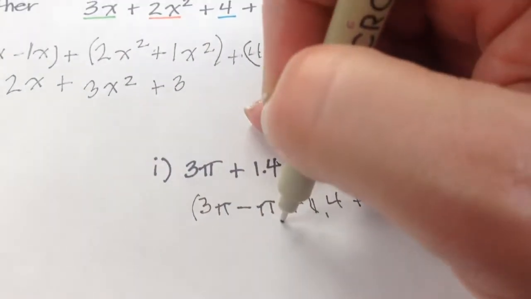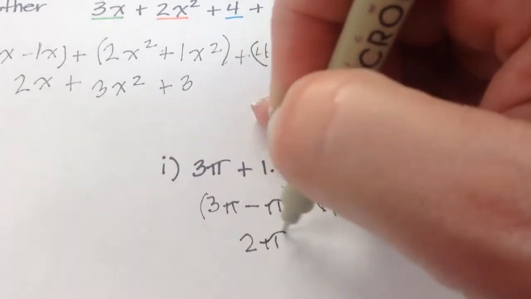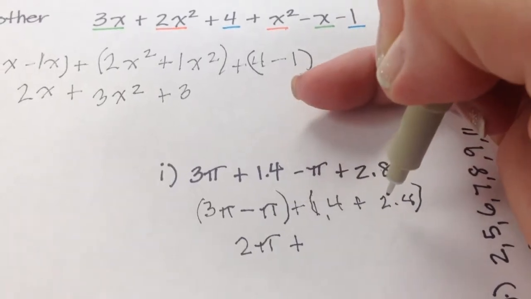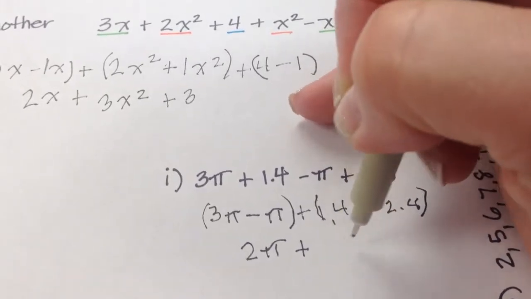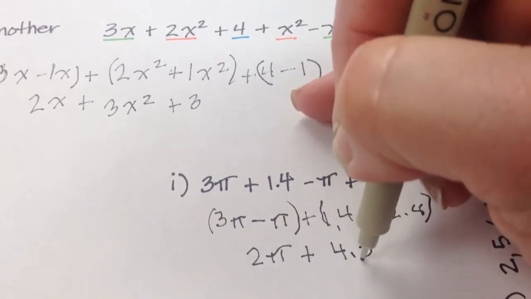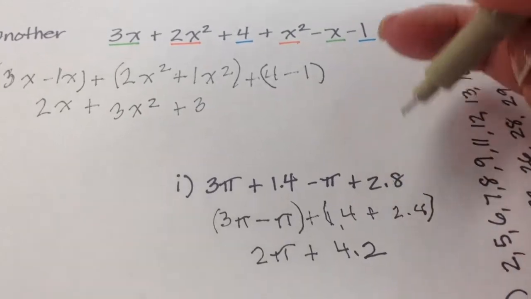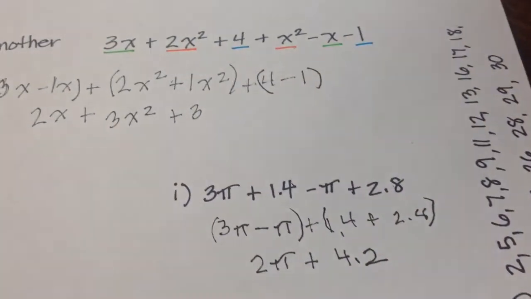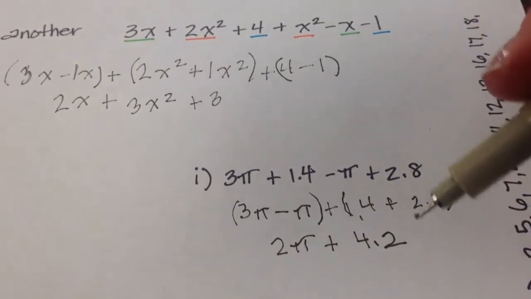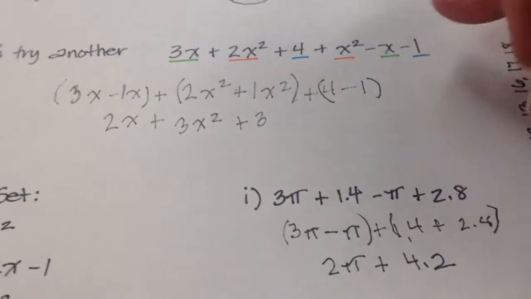All right, so 3 pi minus 1 pi is going to be 2 pi's, right? Plus, and then what's 1.4 plus 2.8? Well, that would be 4.2. Had to do that in my head a minute. Check me, see if I'm right. I think that's right, 4.2. And then that would be it. That's all I have to do. I don't have to do anything else because they just wanted me to collect like terms. All right, so it seems kind of confusing, but it's not